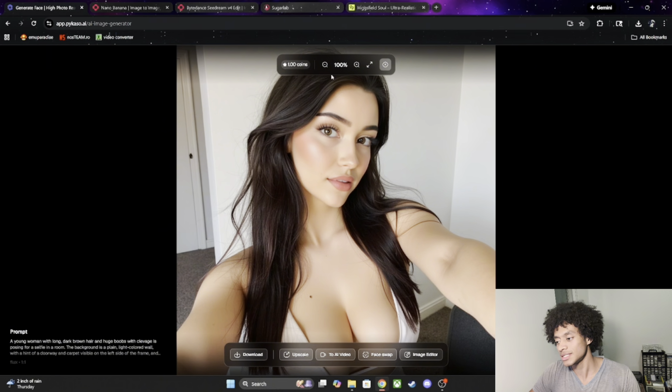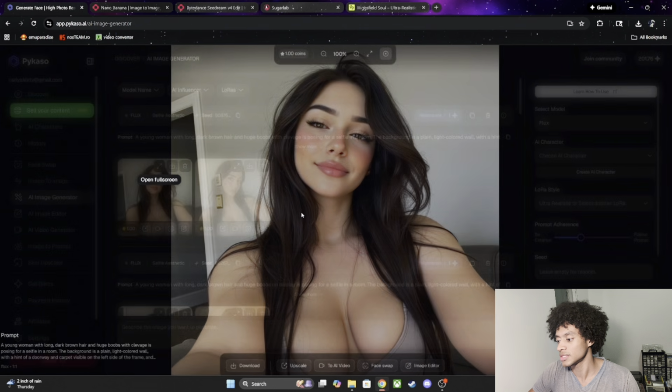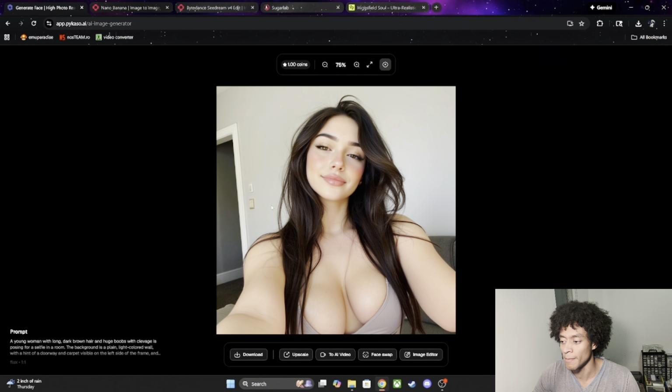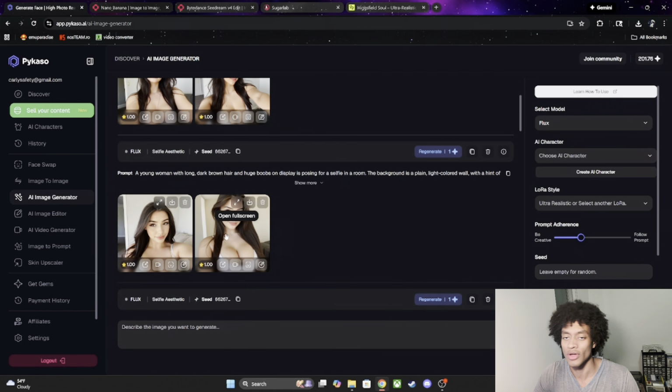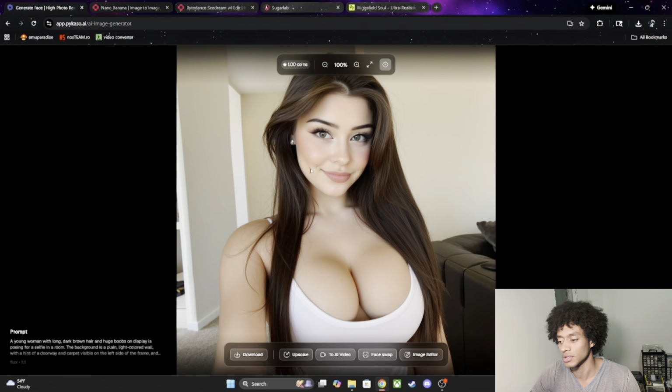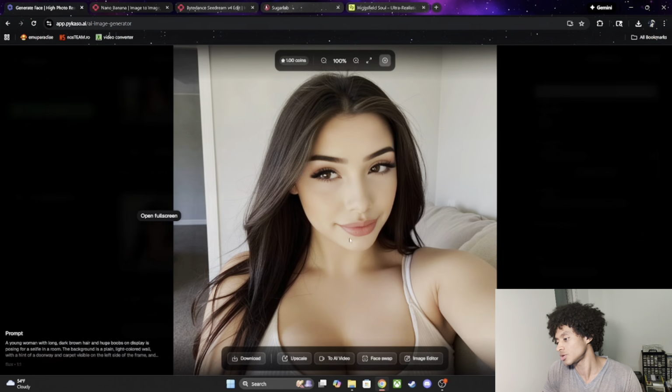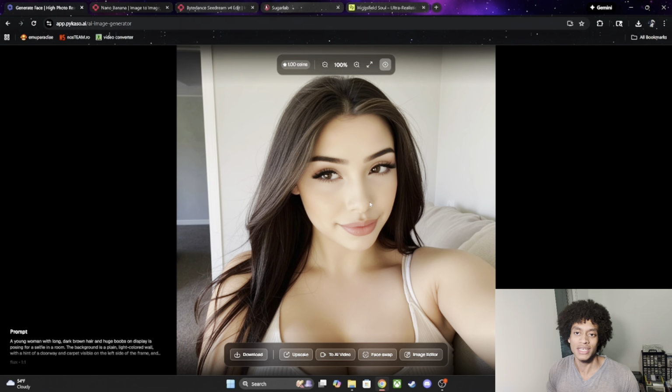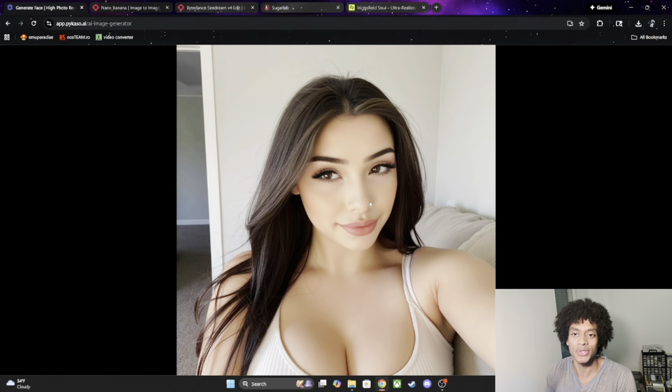So this is just the quality of image that you will get here. This is the quality of model you will get here. And obviously it's not bad, it's pretty good. It's just there are better options, but at the same time, you could definitely still get away with this. Just make sure you upscale it. Technically speaking, this might be a stretch, but if you post it like this, you can still get away with it. It's not gonna be the best quality model, obviously, but if you niche down, you pick let's say a goth niche or whatever, you make a goth girl just like this, you could still somewhat get away with it, but most likely I'd advise that you upscale this so it at least looks a bit more realistic.